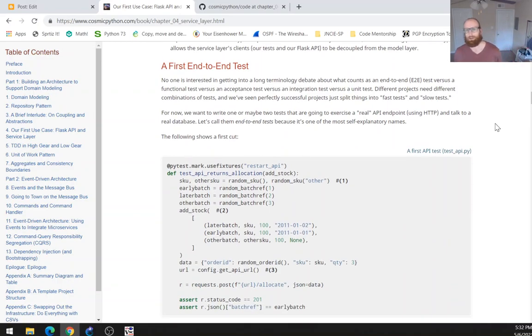No one is interested in getting into a long terminology debate about what counts as an end-to-end E2E test versus a functional test versus an acceptance test versus an integration test versus a unit test. Different projects need different combinations of tests, and we've seen perfectly successful projects just split things into fast tests and